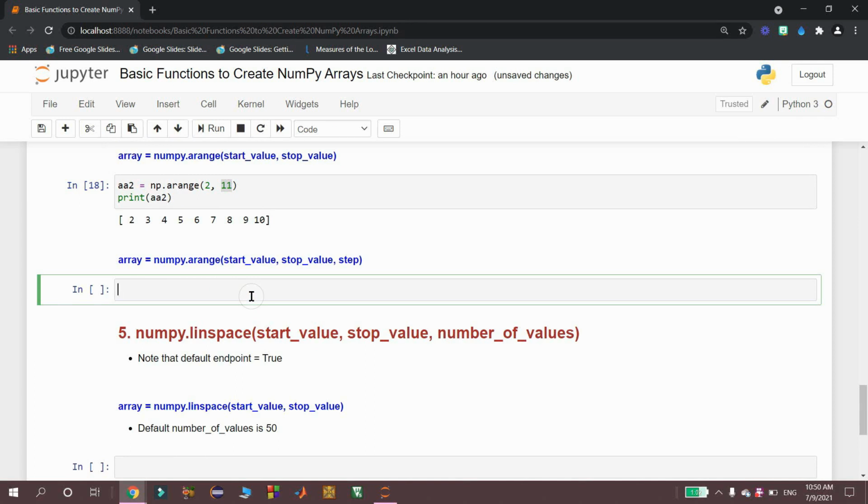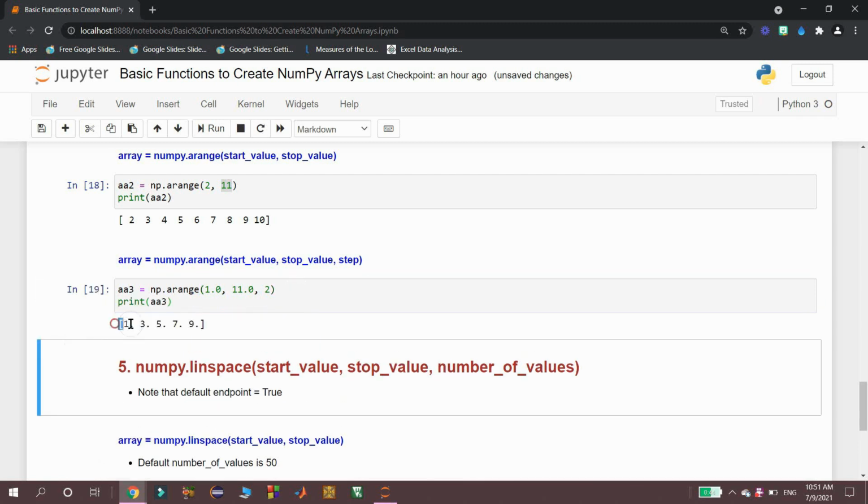Then I am using AA3 as new NumPy array here. Then I am using the start value as 1.0. Carefully observe, I am giving the floating point numbers here. And the stop value I am giving as 11.0 and the step size I am giving as 2. Then I will get all the odd numbers from 1 to 10 and the data type of all these values would be floating point numbers.